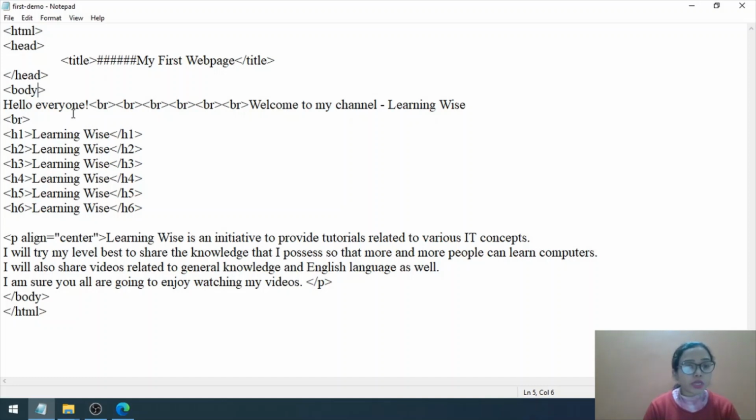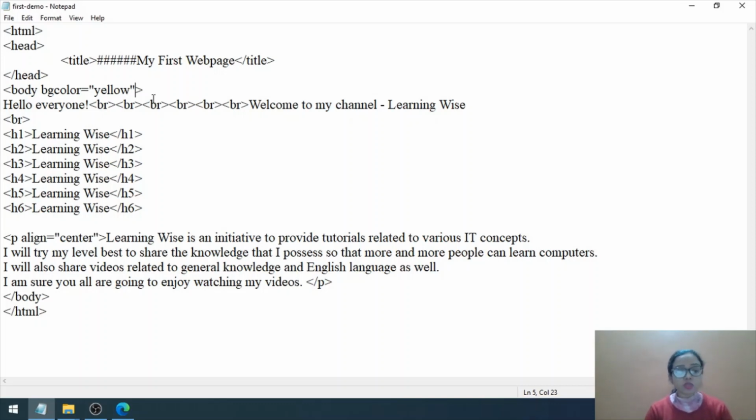Let us come to the body tag and give one space here and then write down BG color. Do look here that the spelling of color is COLOR rather than COLOUR. So kindly be careful about it. After that, give an equal to sign followed by double quotation marks, and then you can give the color of your choice. We will also discuss the hexadecimal format for color in the upcoming videos. So here I have written BG color.